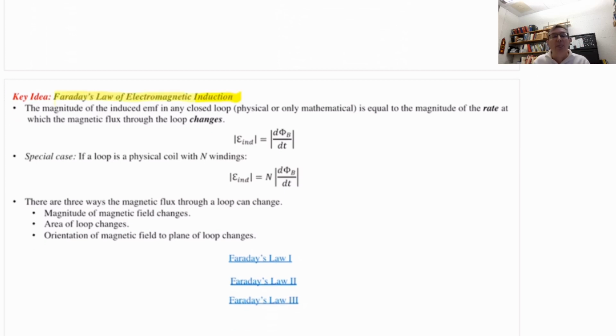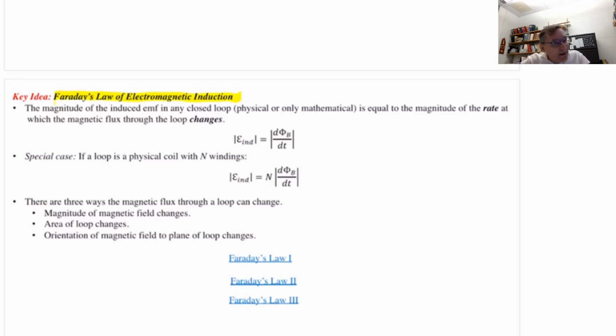Faraday's law of electromagnetic induction, determined originally solely empirically by doing experiments, mostly by Michael Faraday in the 1800s. And what his series of experiments showed is that if you got a loop and you got a magnetic flux through that loop, and that magnetic flux is changing with time, just like that example I did, then in that loop you will have what we now call an induced